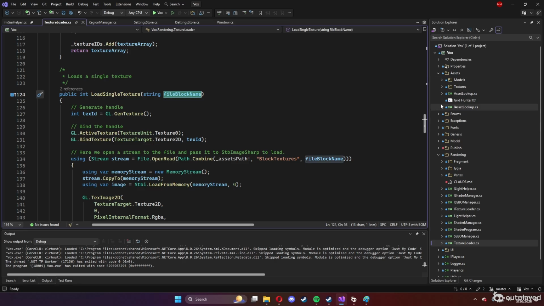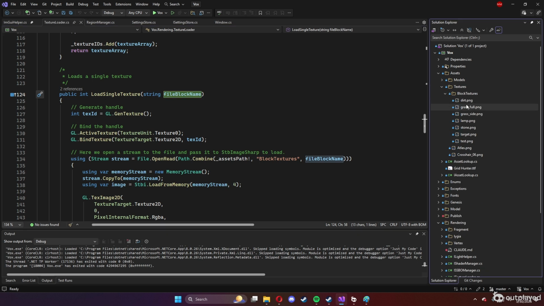Typically you would provide it one of these file names, since that's what I was using before, and it would just load that single texture, but I can't do that anymore. I would have to extract it from the atlas, which I'll have to work on. Right now I'm not doing that. I got most of the way there. It's just this single method, which shouldn't be too hard. Anyway,